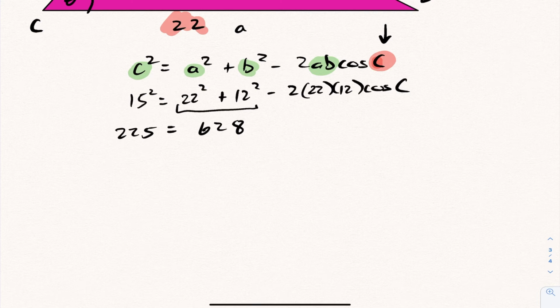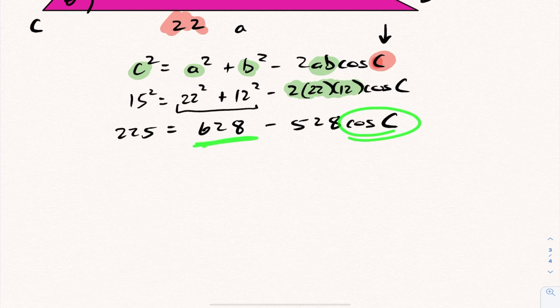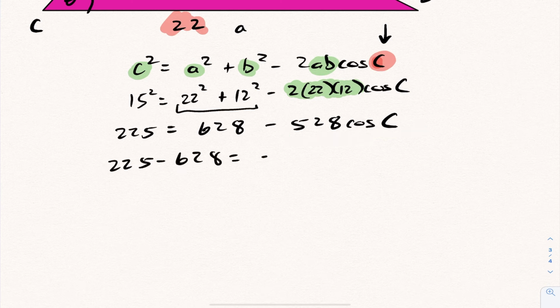And again, I'm going to multiply these three numbers together, in which case we get minus 528 cos of C. So in this situation here, we're looking to solve for C. Before I can go ahead and get C by itself, I'm going to have to subtract 628 on both sides. Again, you cannot subtract these two together. I cannot simplify this to be 100 cos C, and the reason for that is you have multiplication happening between these two expressions. So subtract off the 628,